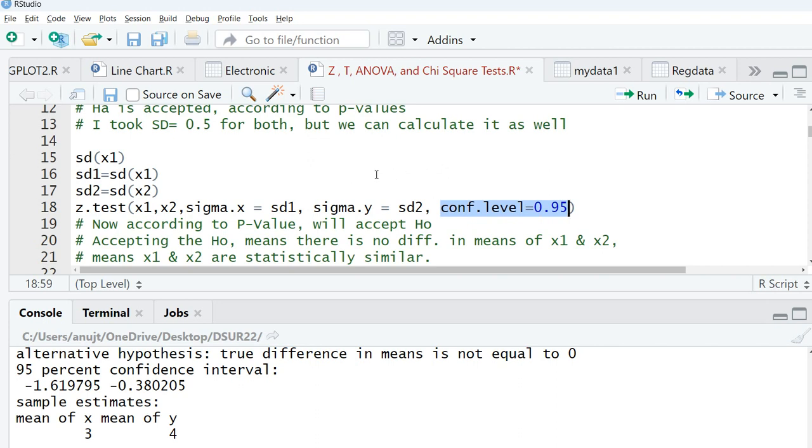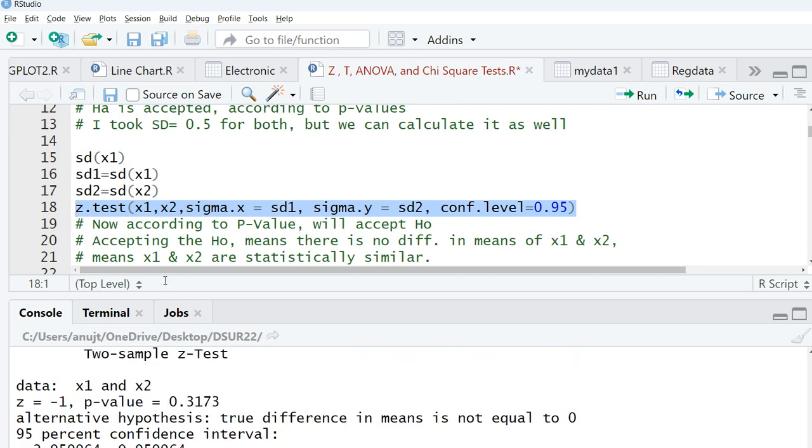You can alter the confidence level to 99% or 90%, but in social sciences we use 95%. So now let me run this line of code, and now see,